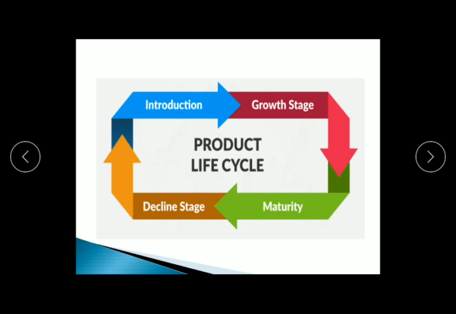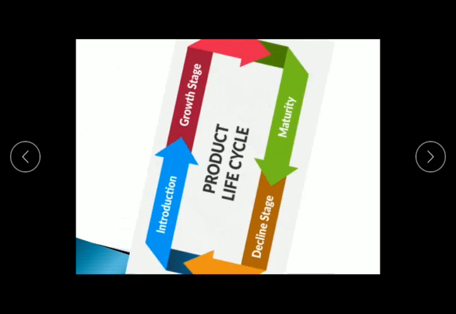Then declination. Declination is the phase in which the product is outdated or the latest versions are available in other brands. So we have to discontinue the product in the decline phase. So you can say iPhone 5s, iPhone 4s are in the declination stage. The latest version is under the introduction phase. From the intermediate versions, the company has earned the maximum amount of profit, so that profit stage is under the maturity stage. So this is the cycle of the product which is taking place.